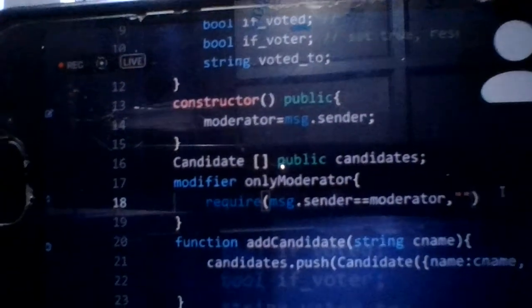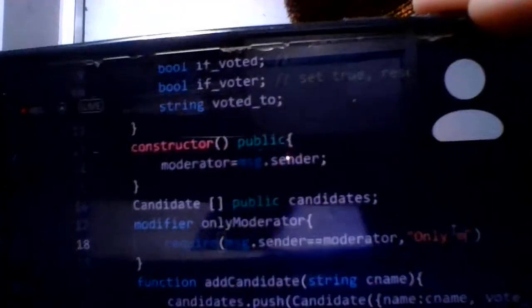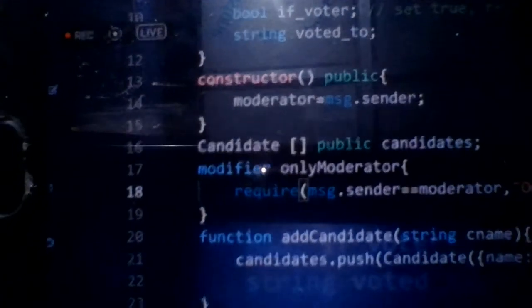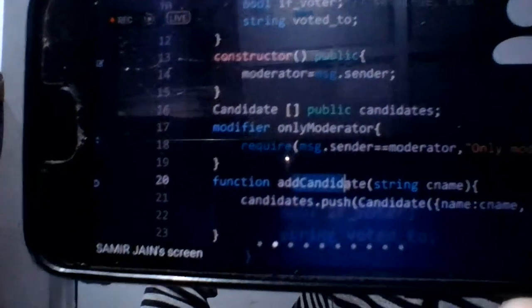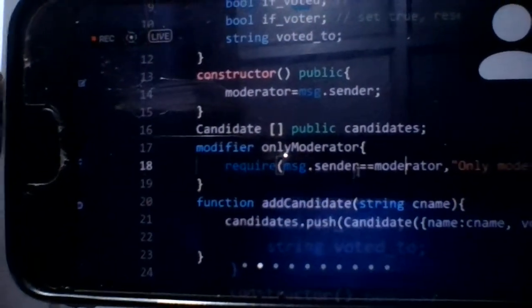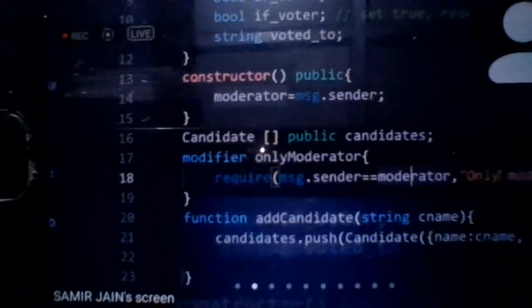I'll type here the text: only moderator can perform this task. The task is adding a candidate. Adding a candidate can only be performed by the moderator. So we have defined this and we have to terminate it.